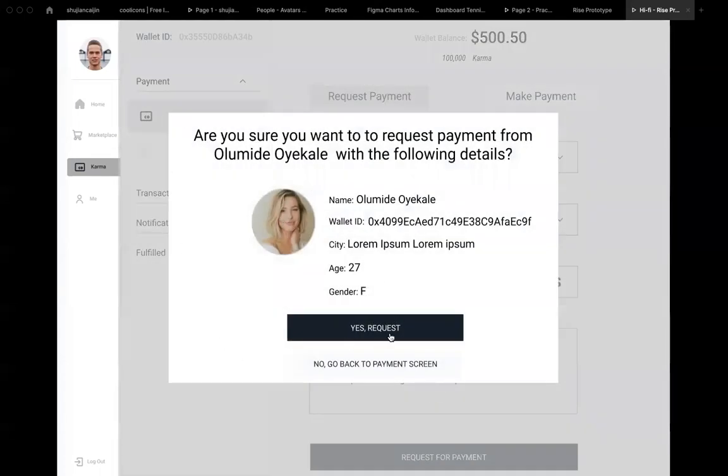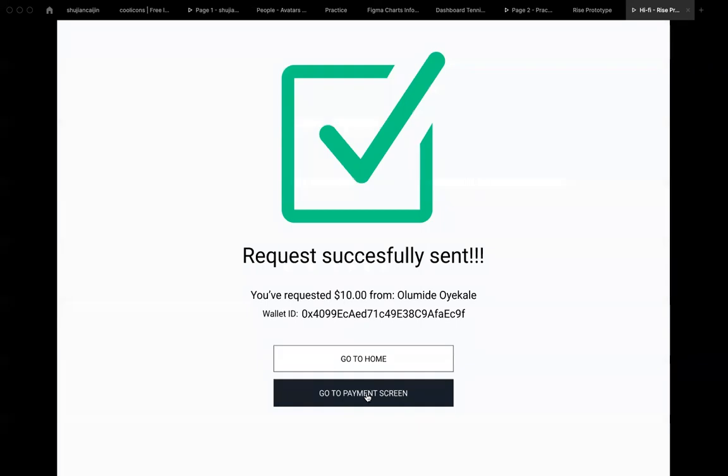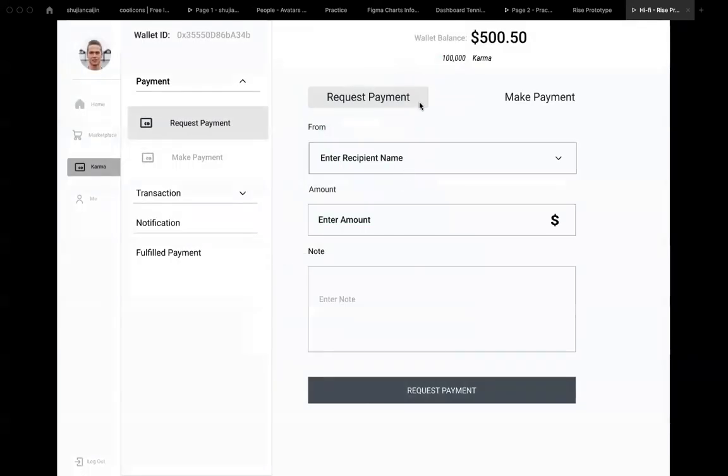there would be a confirmation page showing the user I am requesting payment from. So there's the name, her wallet ID, and her city, age, and gender. I will be able to see yes, request, or if this is not the person I want, I can click no, go back to the payment screen. Like here, if I click yes, it will say the request was successfully sent. And I will be able to choose go to home screen or go to the payment screen. Like here, if I go to the payment screen,